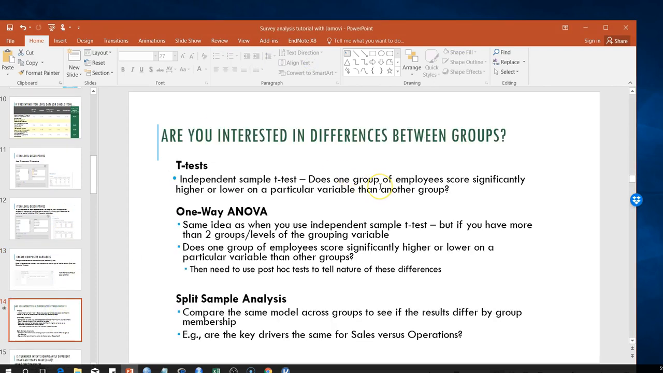Okay, so now I can get to testing some research questions, and here's where knowledge of statistics gets particularly important. So let's say we have some questions about differences between groups and how they score on our outcome or dependent variables. Like, let's say we're interested in, does one group of employees score significantly higher or lower on job satisfaction than another group? So if you think back to your statistics, this is anytime we're trying to compare mean differences between